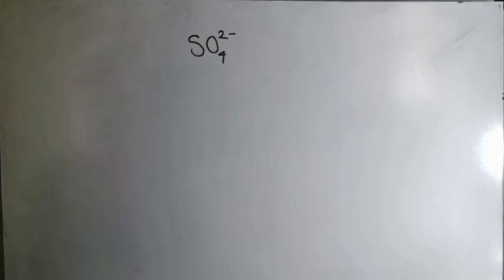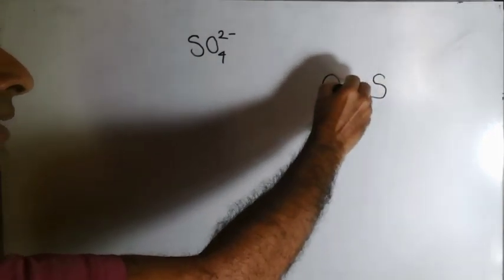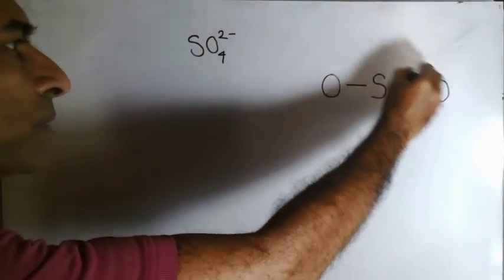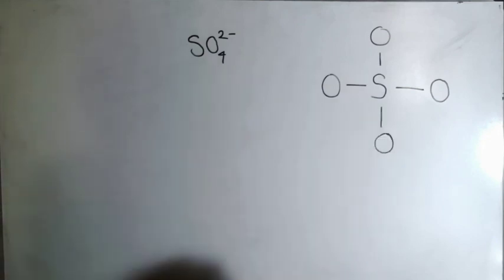In this video, I am going to discuss how to draw the Lewis structure of sulphate ion using basic fundamentals of chemistry. In the first step, we have to draw the skeleton of sulphate ion like this. In the next step,